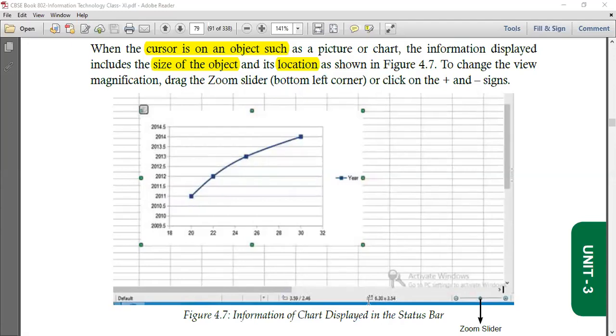Here, this is the size and this is the location of it, right? Location is the pixel amount: how many pixels from the left side and how many pixels from the top side, right?